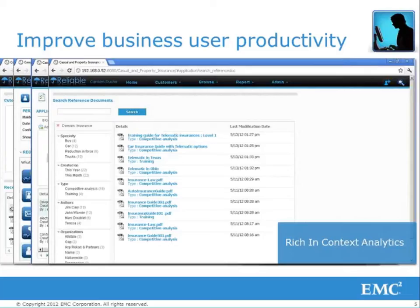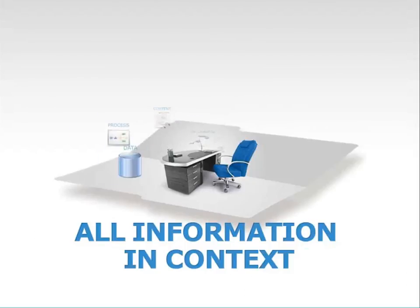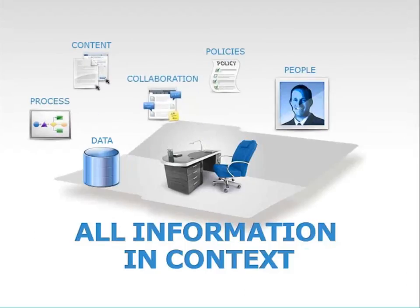We also have the ability to have facets, so it's really easy for us to navigate that result set, really zoom in to exactly what it is we're looking for very quickly and easily, for example, by the type of the document or who authored the document, things of that nature. So all this information coming together in context is really what we're trying to achieve with a dynamic business process